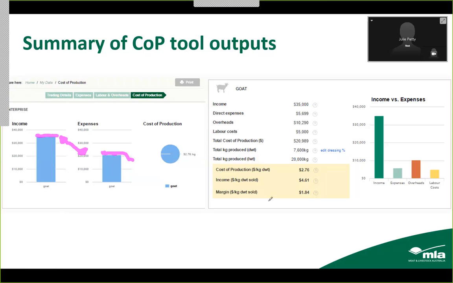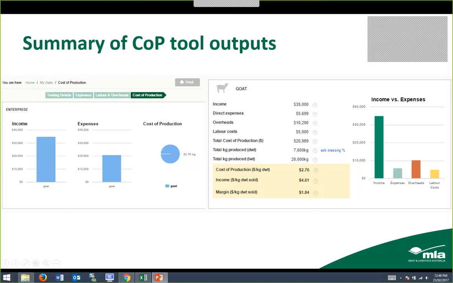The next point I want to make is that this breakup here is quite useful. So we get the same effectively broken up into labour costs, direct expenses and overheads. And the really good part is that the tool gives you the total kilos of dress weight produced. So the reason I'm telling you that is that if you go to the next slide, or if we go